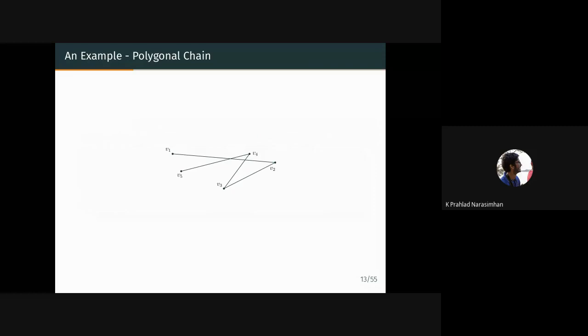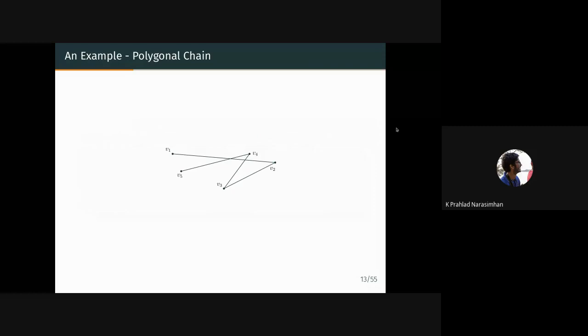This looks slightly messy, right? There are self-intersections and so on. So what we like to do is to make sure that there are no self-intersections, because we'd like to treat this like a function. The chain right now is not the graph of a function. So we want no self-intersections so that you can think of it as a graph of a function. That is exactly what a terrain is.